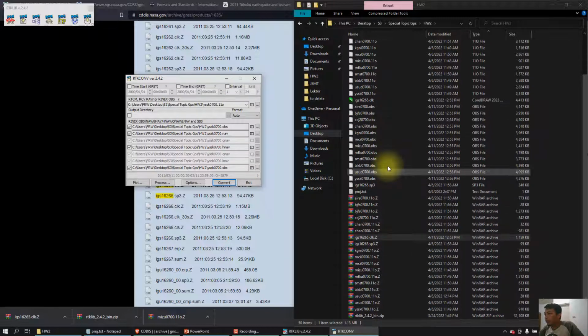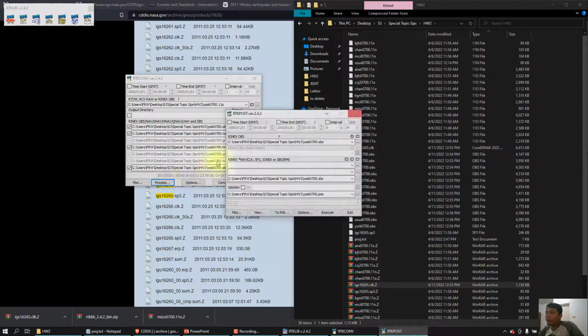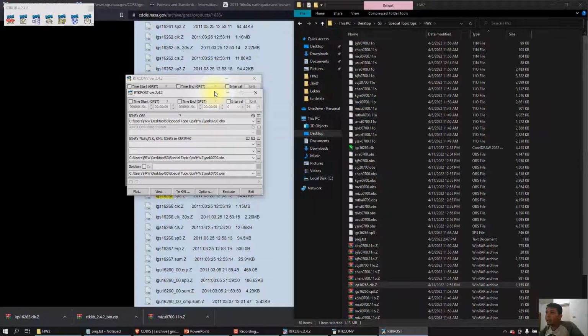Alright, so after we finish all of the GPS data conversion, then we go to the process. So it will launch another program that we call RTK post.